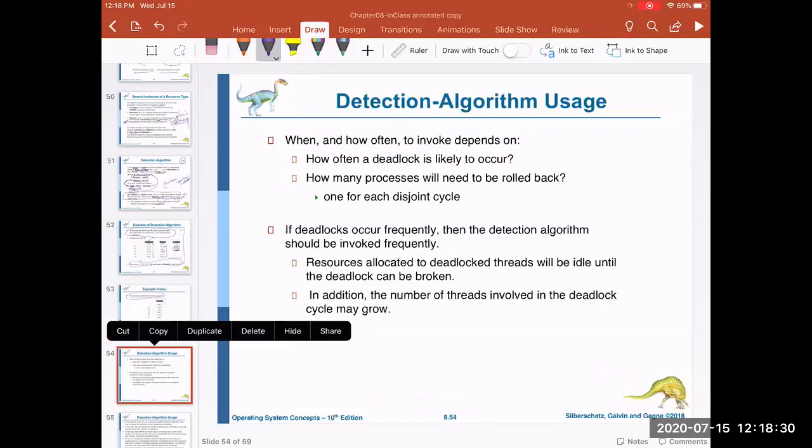Now, how to use this detection algorithm, and what would be the recovery from it. This is what is pending. So the frequency: how often do you expect the deadlock to occur? There are some benchmark experiments they usually perform, and that is beyond the scope of this course. So to test how often that would occur,